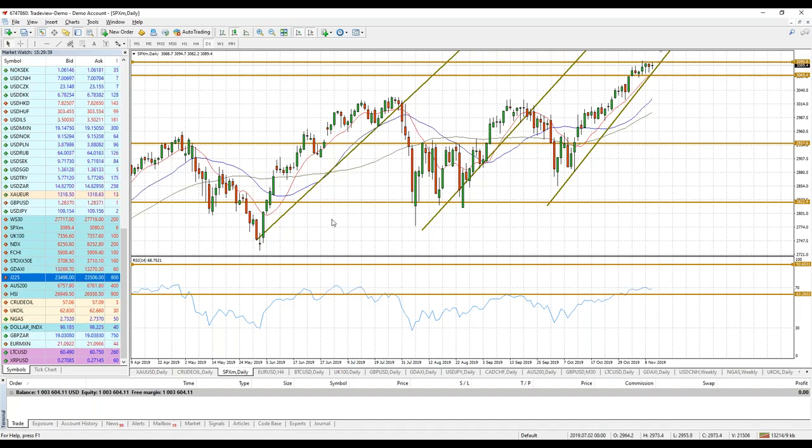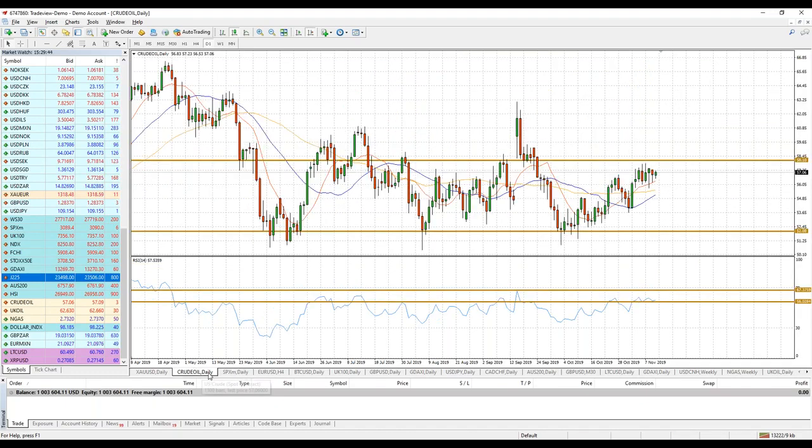Now, one more before we head off for today, and we have to look at crude oil. We have to look at crude oil in the situation which is going on over in Saudi Arabia, especially with Saudi Aramco. Now, the run for the last few months, to be honest, essentially since September, we have seen a lot of Saudi-led moves, huge moves when it came to crude oil. Of course, we saw the situation when we had the attacks in the oil plant leading to that damn near 30% jump overnight in the price of oil.